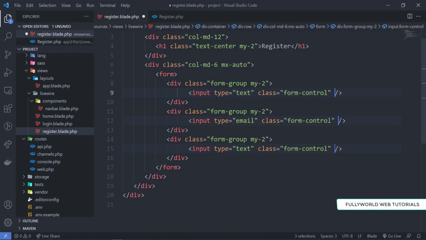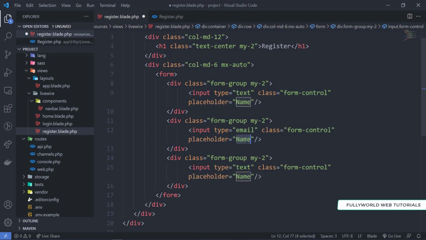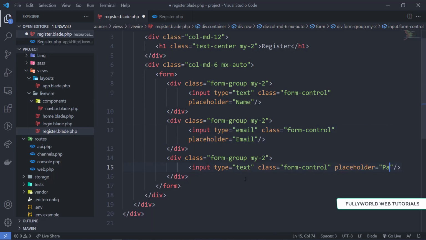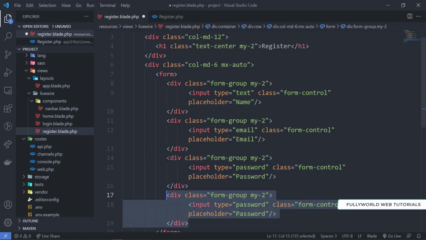And here we want email, and we want a placeholder also. So I'm going to write placeholder, and first it will be name, and then email here, and here will be password. And we need one more thing, that is confirm password.